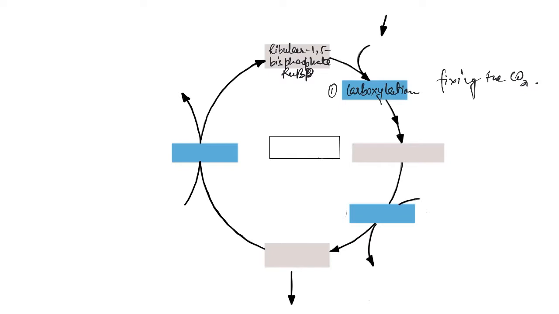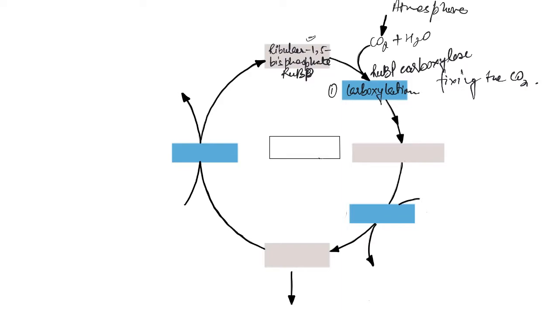And this reaction is catalyzed by an enzyme which is known as RUBP carboxylase. So it is also being catalyzed by the enzyme RUBP carboxylase. So basically, we have the atmosphere. From the atmosphere, we are getting the carbon dioxide and water molecule. Now here we are fixing this carbon dioxide by carboxylation of RUBP in the presence of the enzyme RUBP carboxylase,